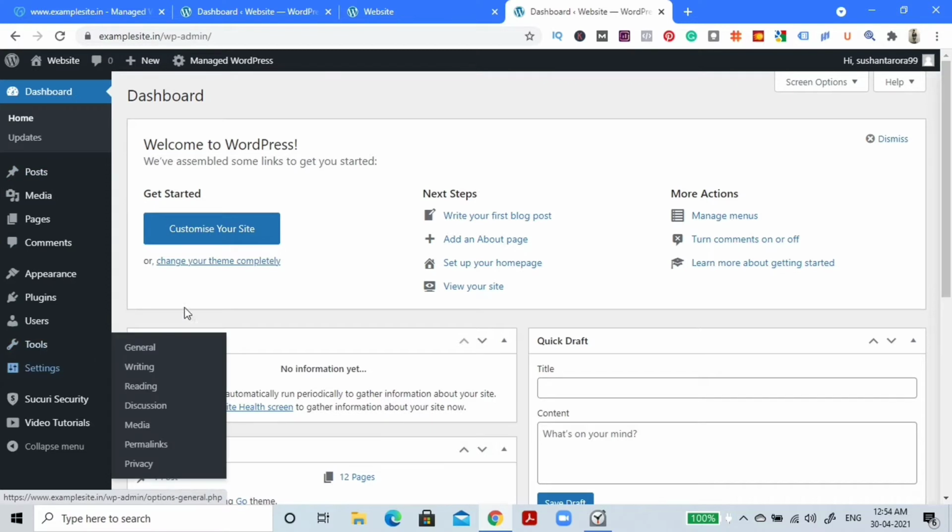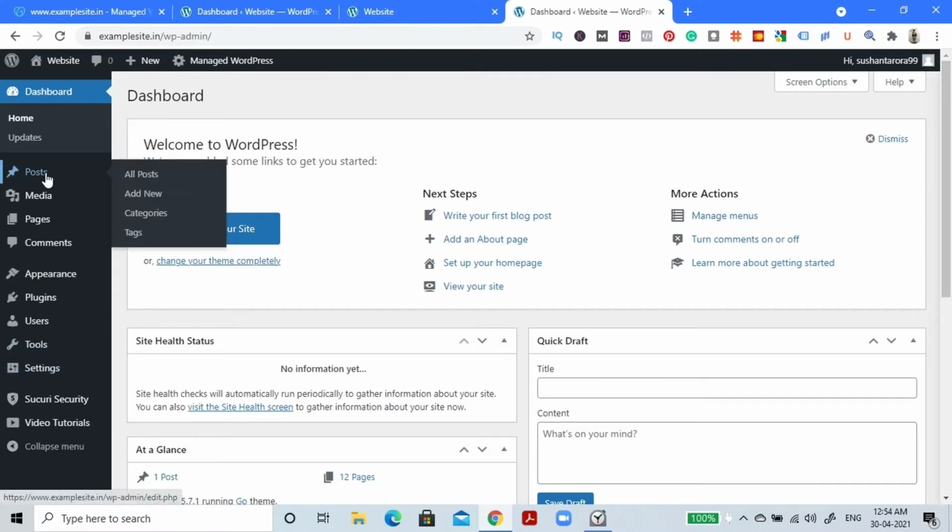So as you can see, in the Posts option, you're going to be managing all your posts. That means the blogs that you're going to be writing. So with the help of this, you're going to be managing all the posts that you write, right? Adding a new post, deleting an old post, or modification or updating of an already existing post and all of that kind of stuff. Now in the Media option, you're going to be adding your images or videos. That means all the media related to your website, right?